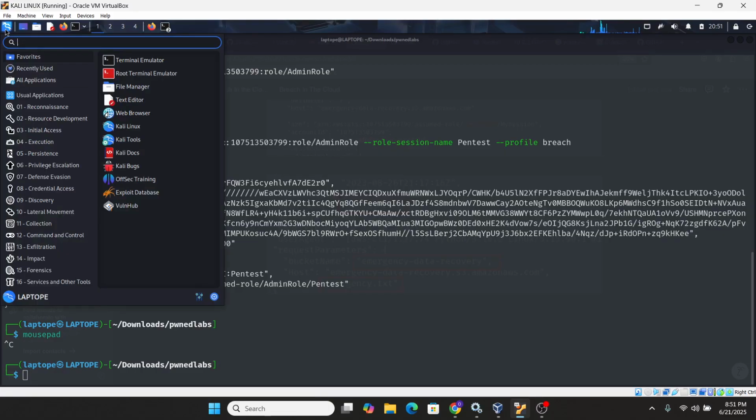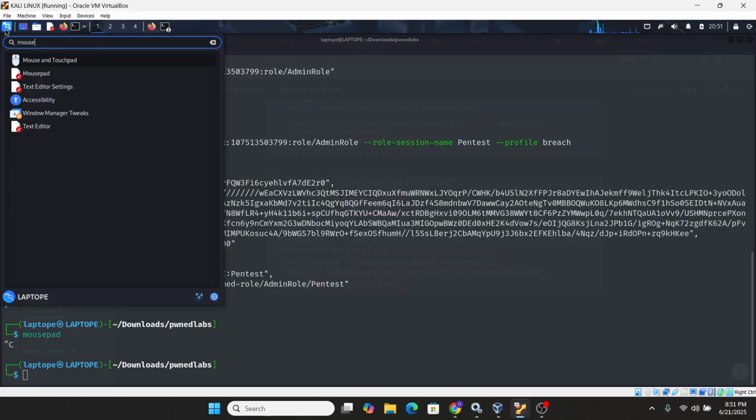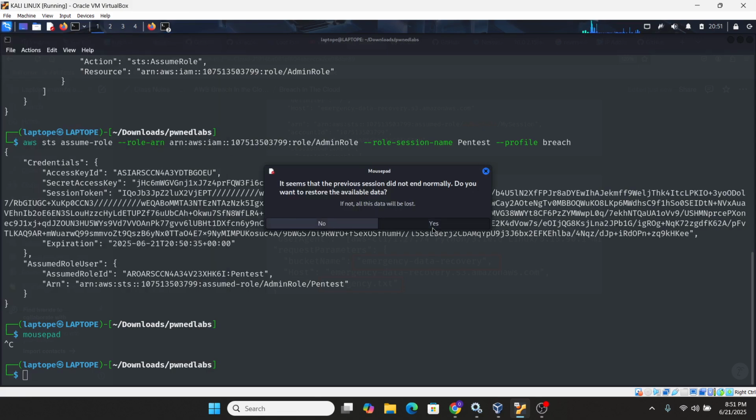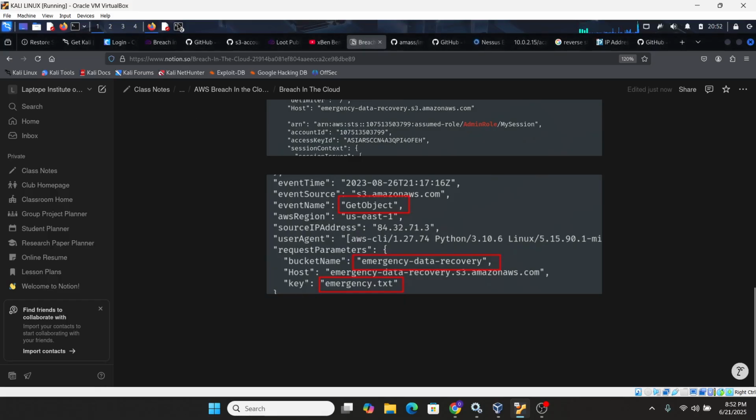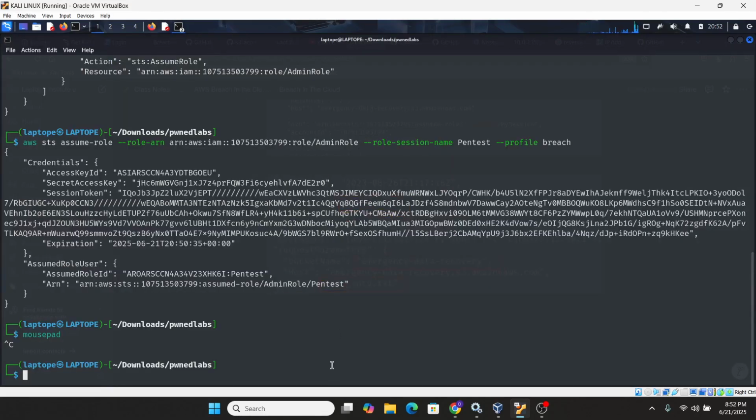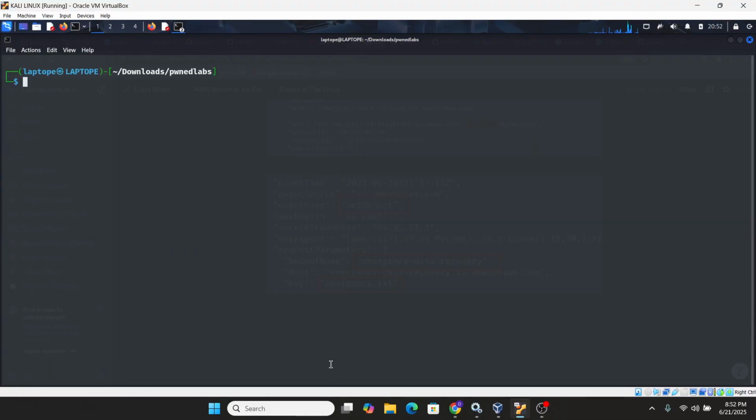The way I opened it in the channel affected it, so I'm supposed to open it again. Okay, I have it back here, so I can make use of my terminal. Let me clear my screen.